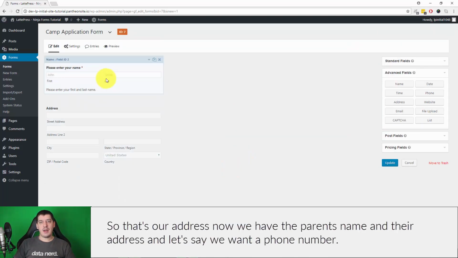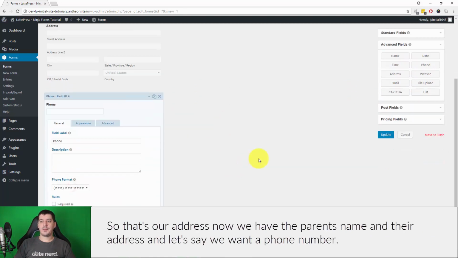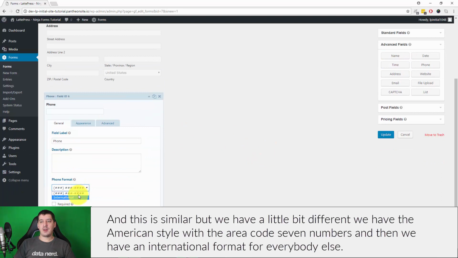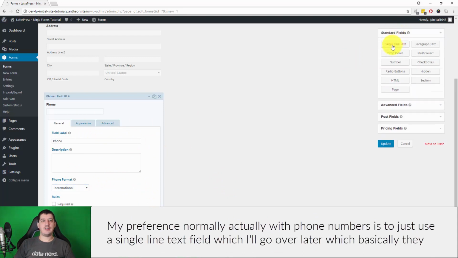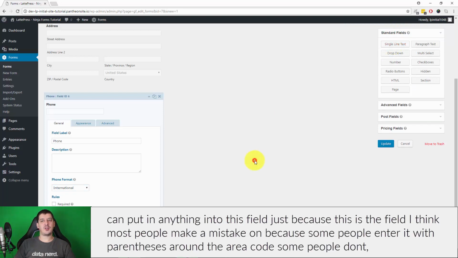So that's our address. Now we have the parent's name and their address, and let's say we want a phone number. And this is similar, but we have a little bit different. We have the American style with the area code and 7 numbers, and then we have an international format for everybody else. My preference normally actually with phone numbers is to just use a single line text field, which I'll go over later, which is basically they can put in anything into this field,